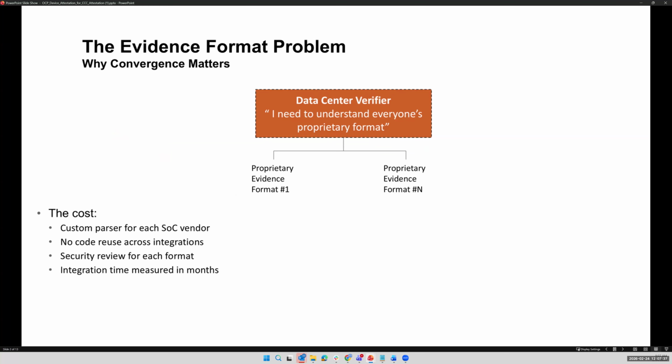At a high level, there are two ways I think about making this easier for data center verifiers. One is a standard format, like is going here. Another is potentially